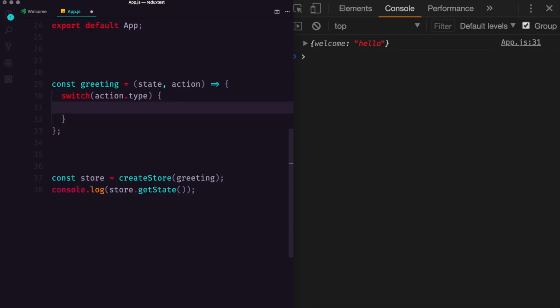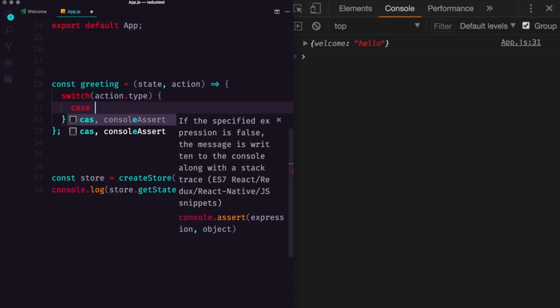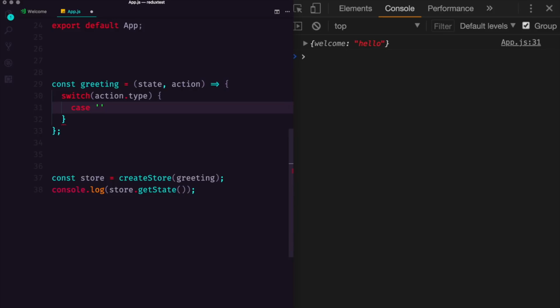Okay? And the action type is going to be what describes the action. I mentioned toggle window, open window, that sort of thing. Since we're having sort of greetings here, we could check for a different type of greeting using a case. So we can say case, and if the action type is equal to greet underscore me, then the result is